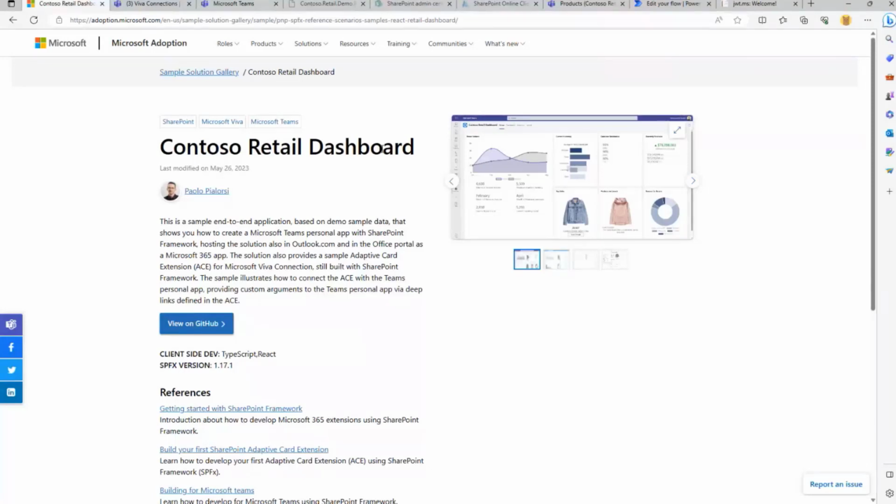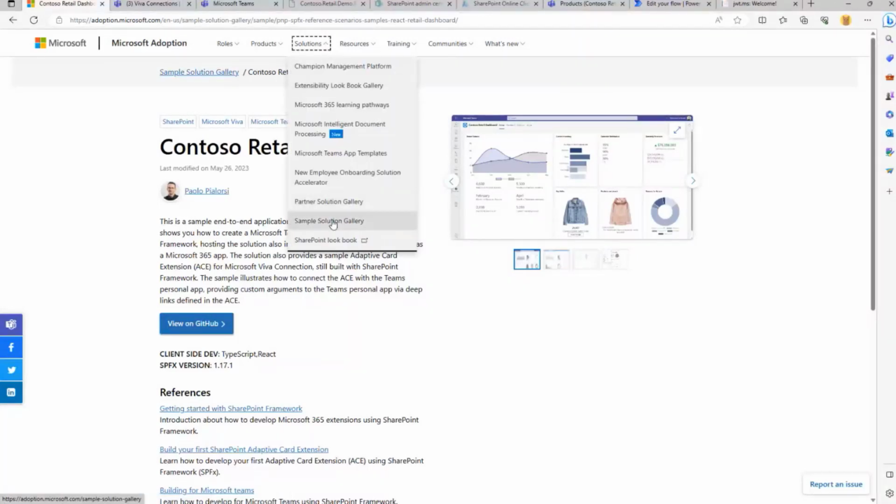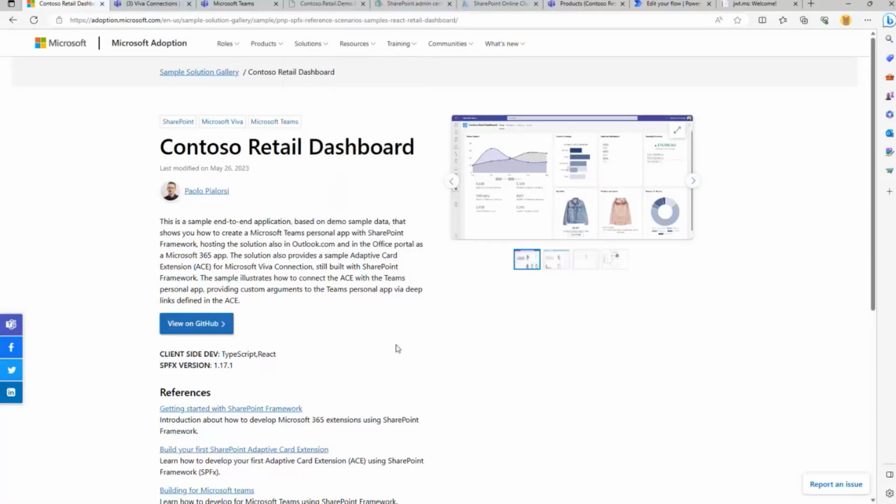Today, we focus fully on the backend API implementation. The solution is available as an open source one on the sample solution gallery under adoption.microsoft.com, and you can search for it there. But you will also find a useful link at the end of my presentation.